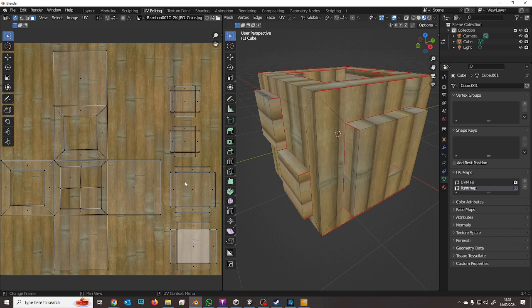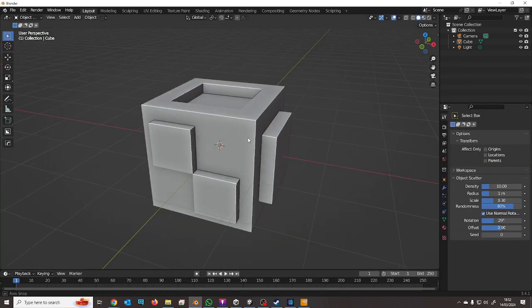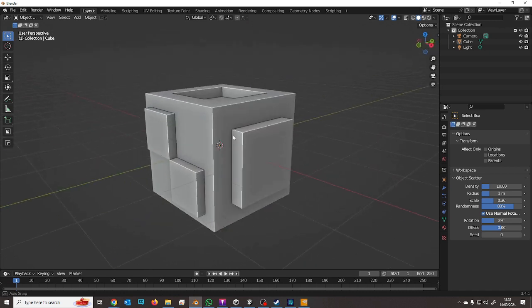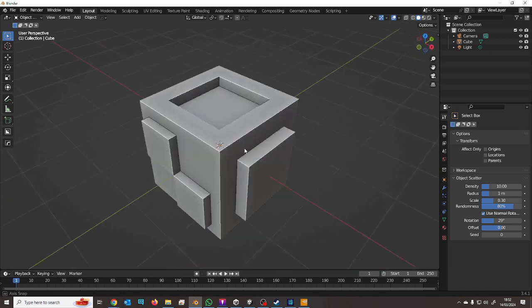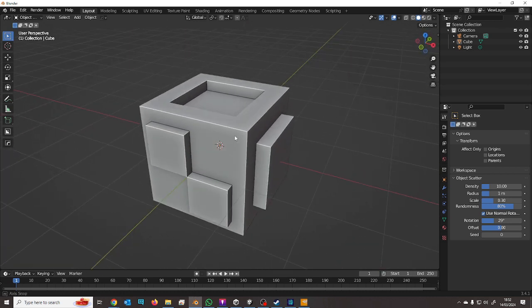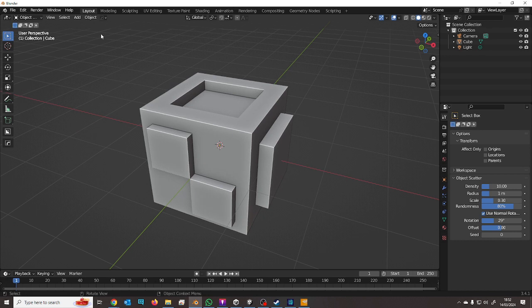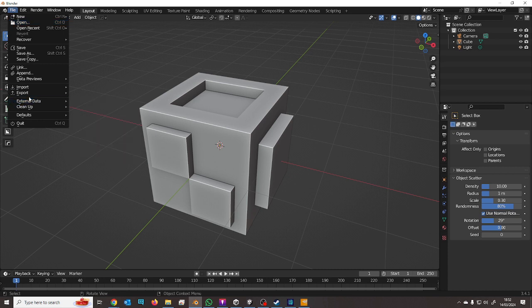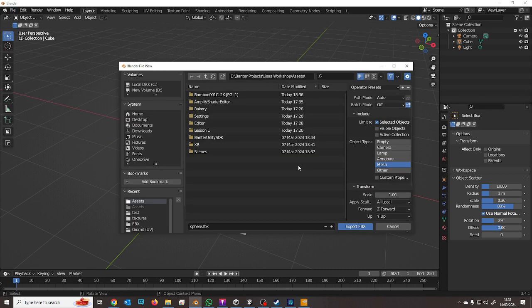All the islands must be cleanly separated in order for the bake to work. So, don't know if that has made any sense. If I'm not being clear, please interrupt me, because I understand sometimes I waffle on and I might not be explaining myself very well. But what we're going to do is export this as an FBX,